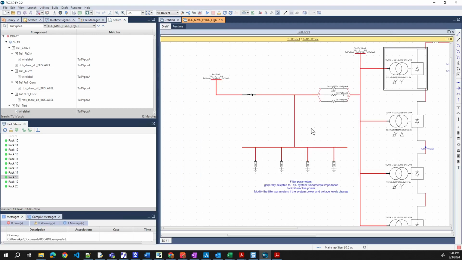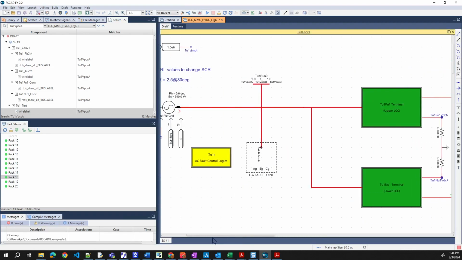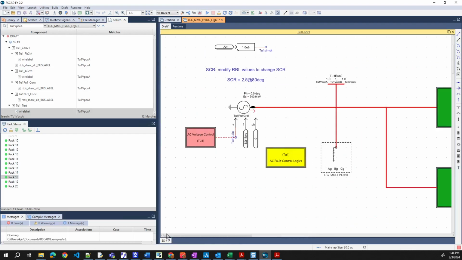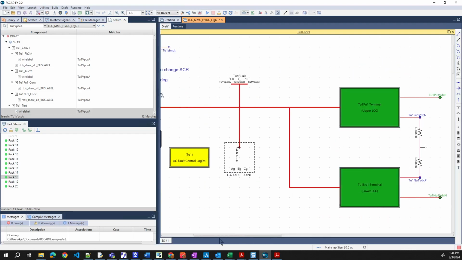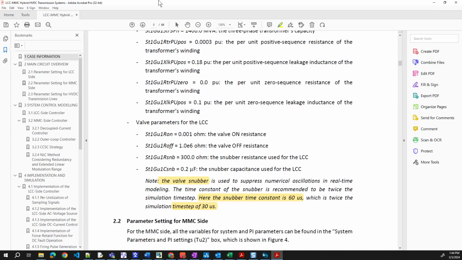So I just wonder where all these values are defined, because there's a dollar sign here. Let's go back to the menu.